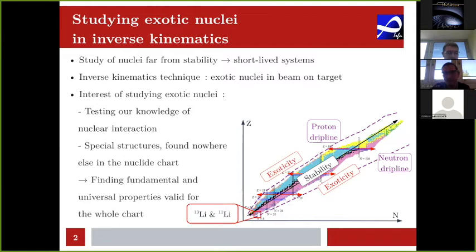They are also usually short-lived systems, which means that we have to make them react as soon as they are produced, which means that we have to use the inverse kinematics technique to study them, and this study is an example of this technique. And today I will focus more on the